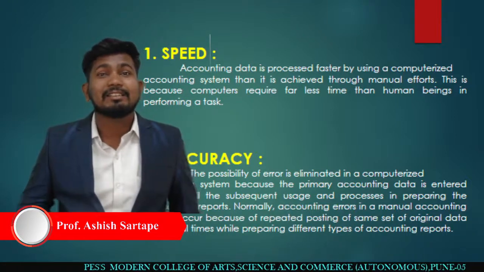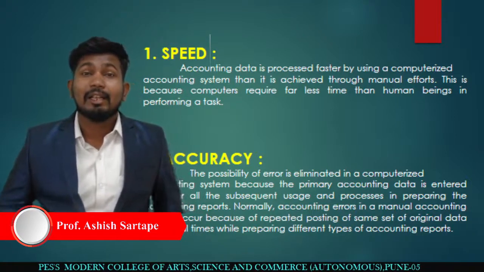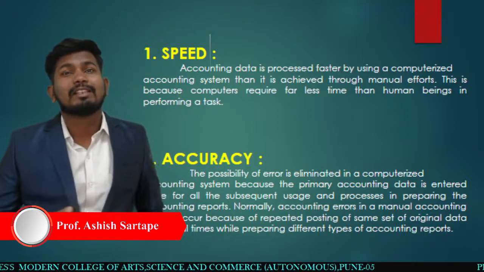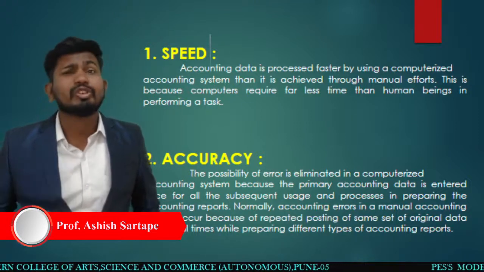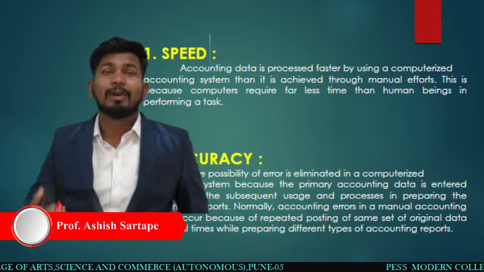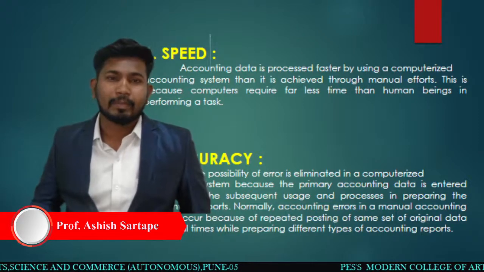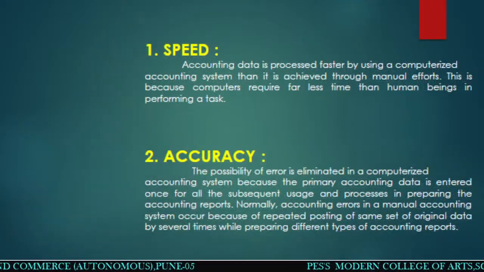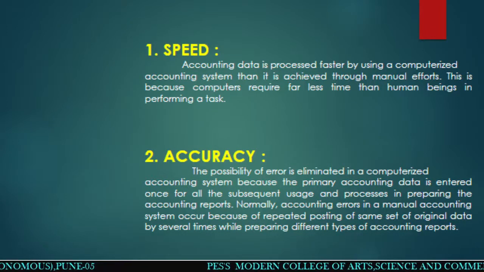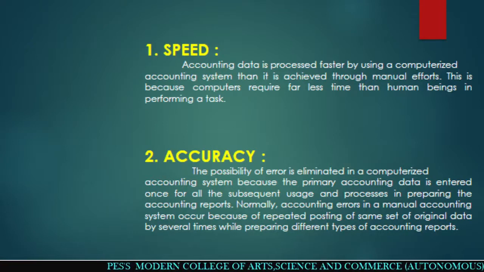So that's the reason computerized accounting will help for this type of situations. So that's why the first advantage is the speed. The second one is the accuracy. The possibility of error is eliminated in a computerized accounting system because the primary accounting data is entered once for